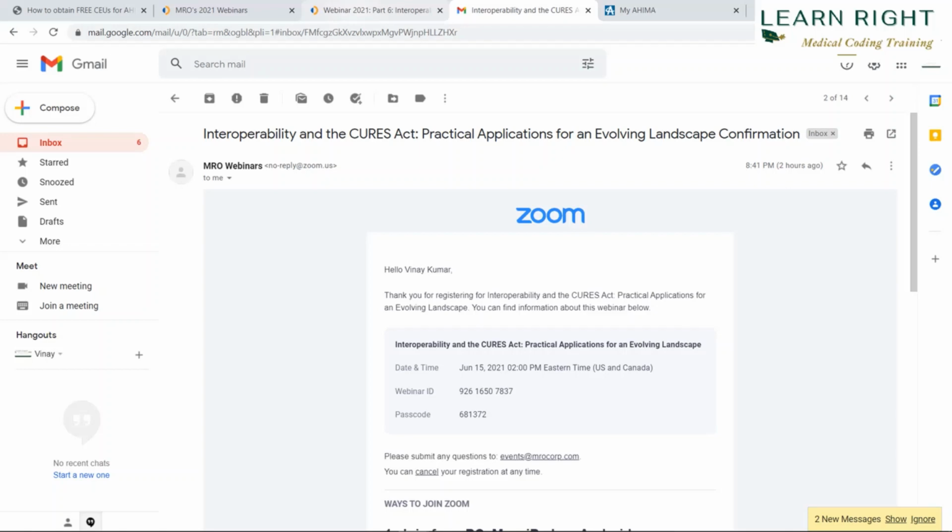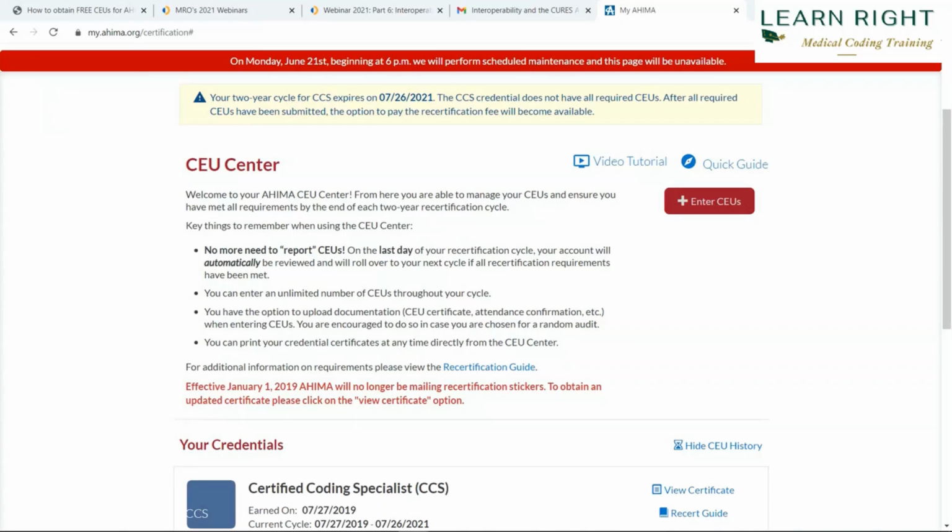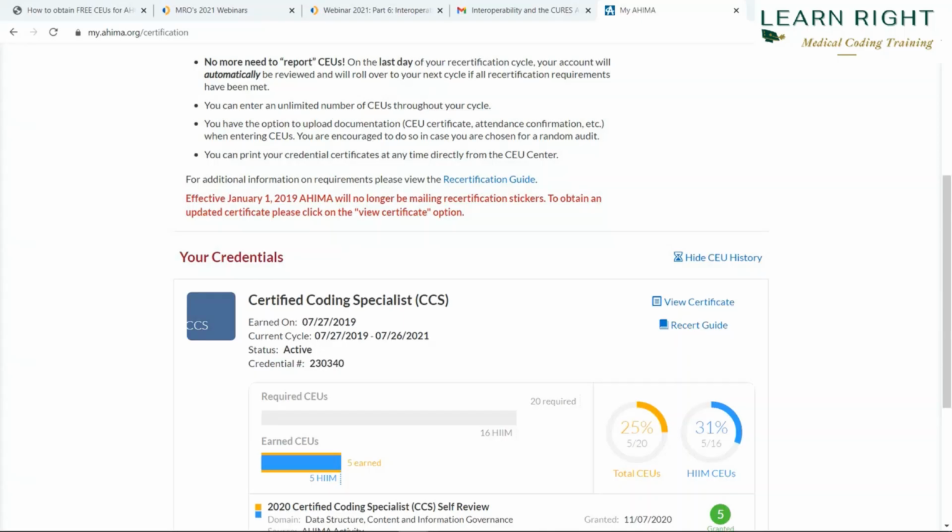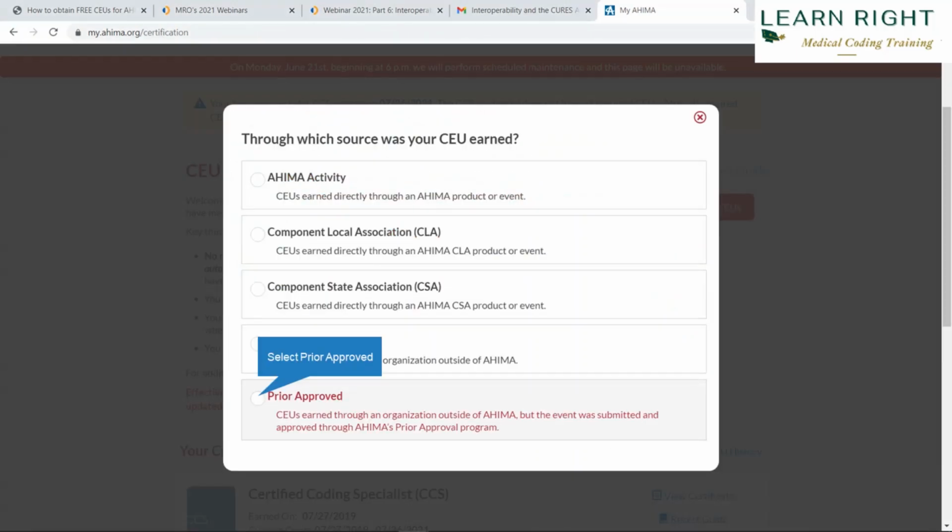Once you receive this email, or once the confirmation is done for the registration, go back and log into your AHIMA portal and click on Enter CEUs. This will be listed under the Education tab and then the CEU Center. In this example, there are 5 CEUs entered, which are all from the 2020 Coding Specialist self-reviews. Now once I select Enter CEUs, the next window that pops up is this one,